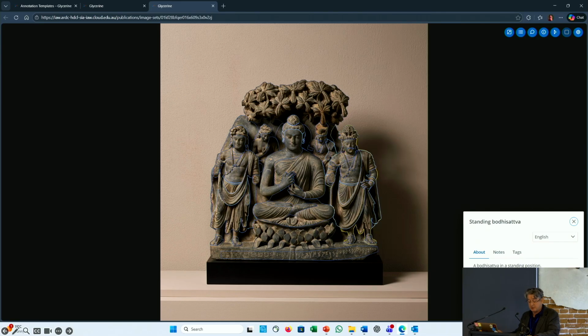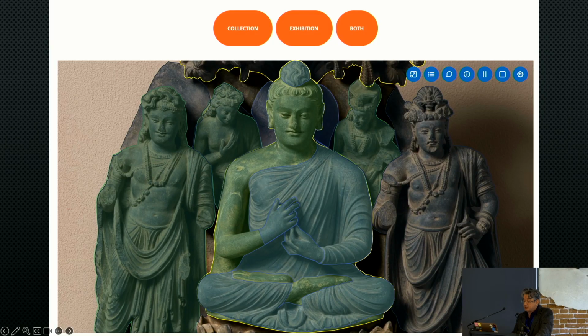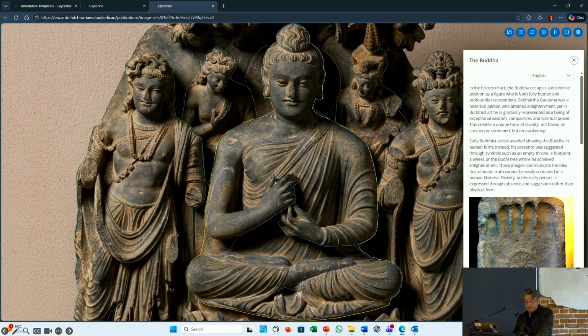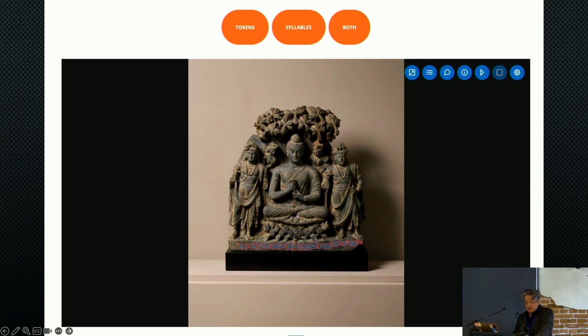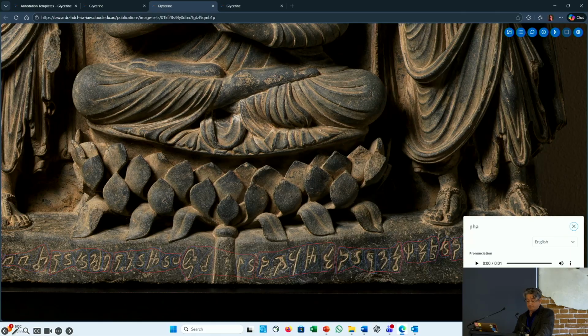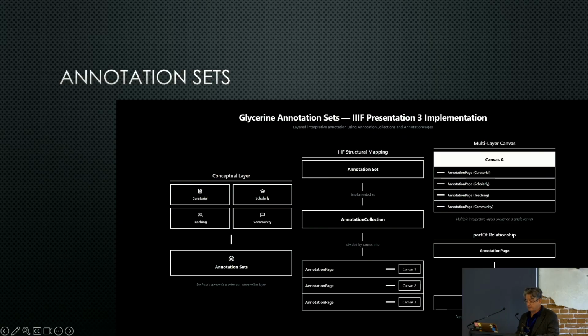You can switch between gallery and exhibition presentations that provide autoplay and rich embedded multimedia. You can switch between specialised textual presentations that support detailed philological research. Okay, so